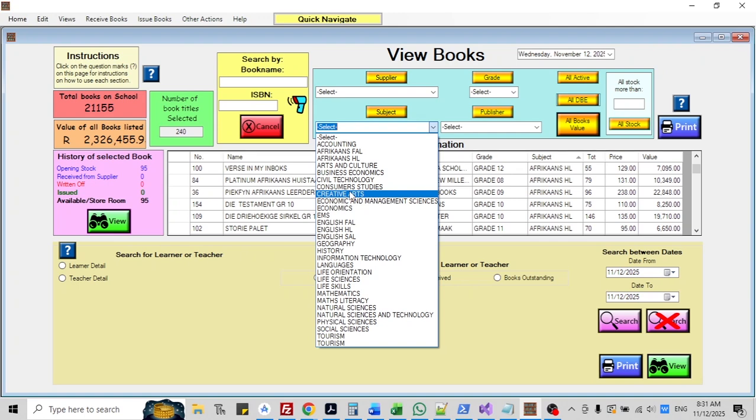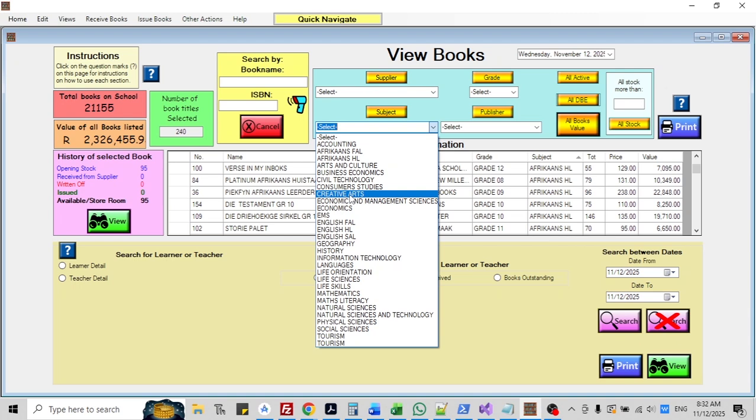What creative arts books are available at DBE so that I can order these books? All the books currently on the DBE website are preloaded into the system. So when you get the system, everything is preloaded for you: your schools, the learners' names, the teachers' names, as well as all the books available currently.